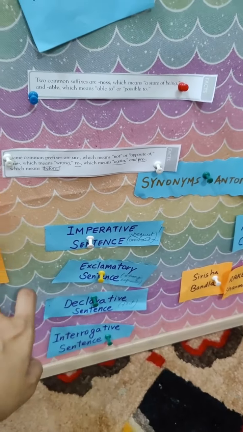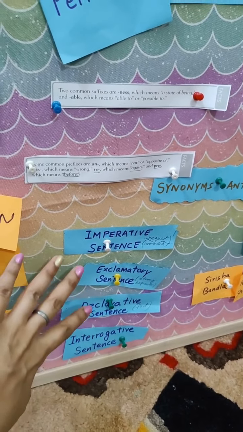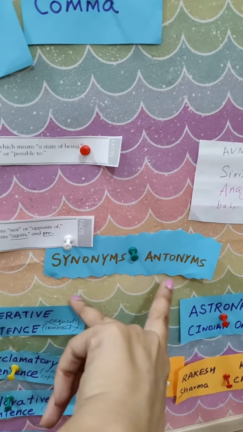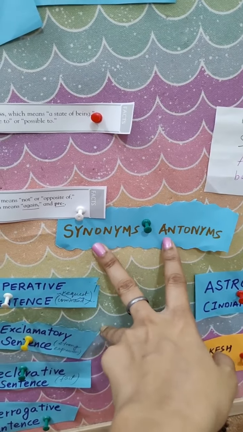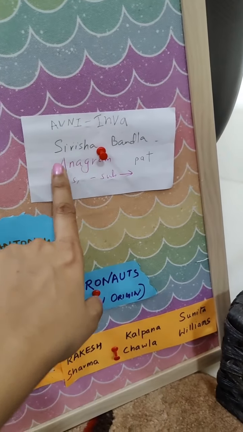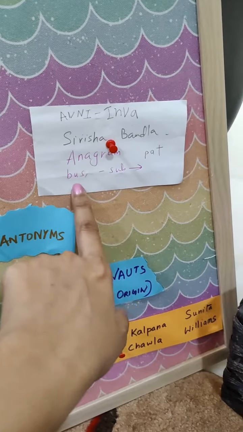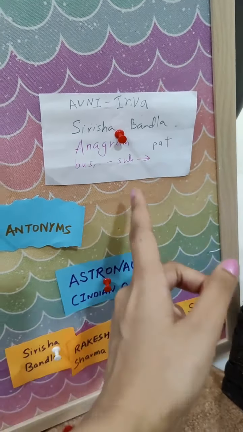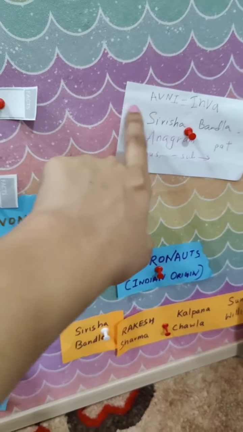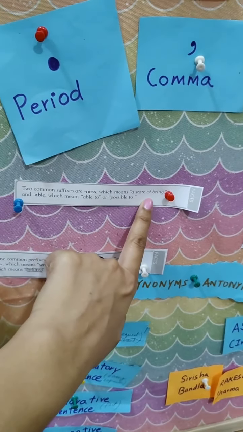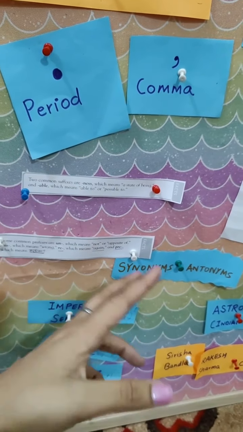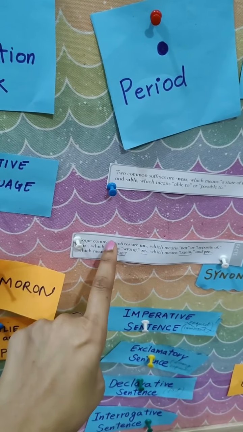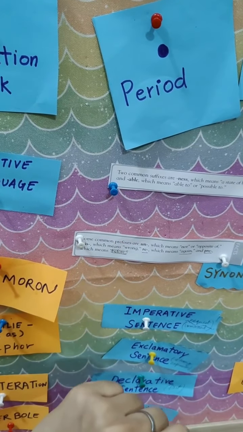Now these are the types of sentences that I have taught her, but she needs to understand what's imperative, what's exclamatory. And this is the astronaut section, and this has antonym, and she should know what synonym and antonym are. So I've added it here. And then I recently came across anagram. What's an anagram? It's like writing the word the other way. So bus is actually sub, pat is tap, so Avni is inva, like this. That's what she's done. Now these are certain other facts that we came across from a workbook, and I've taken them out and put them here, what these suffixes mean and these prefixes mean.